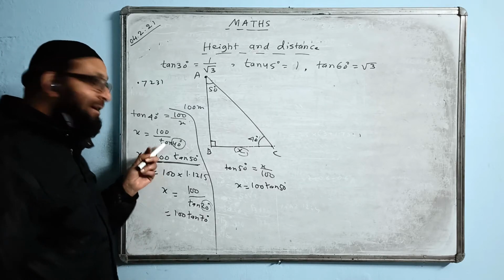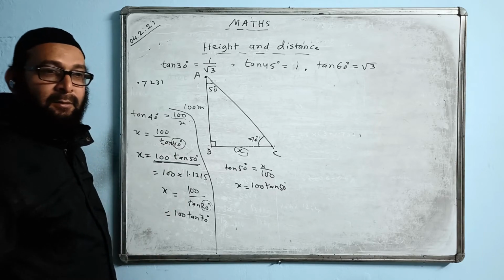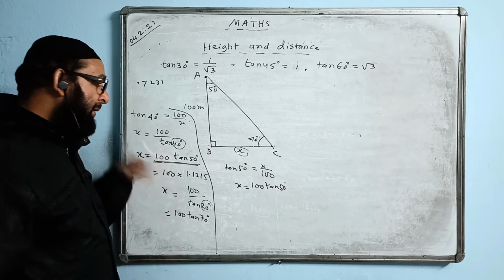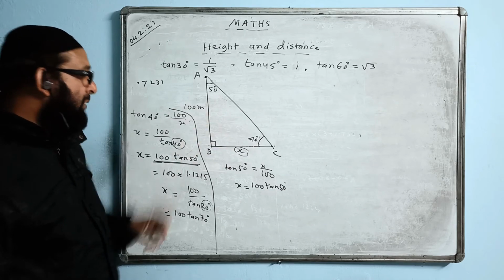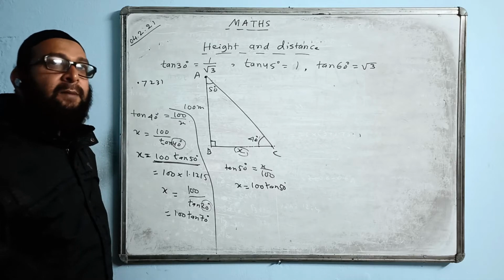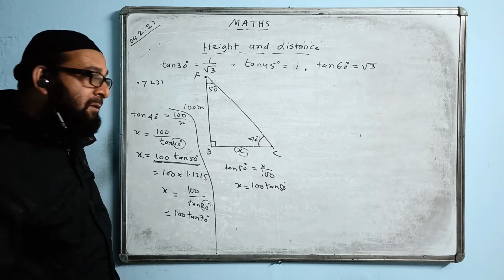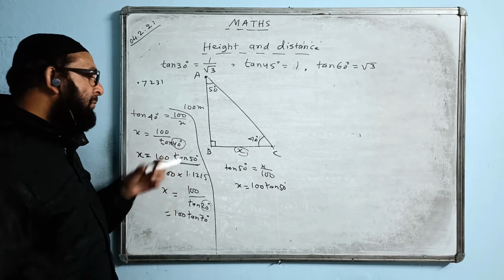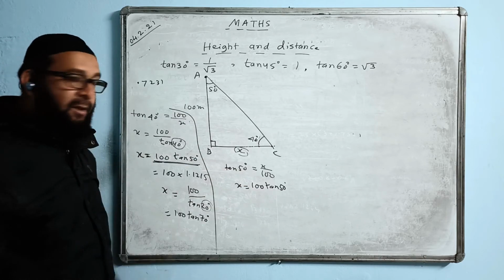So whenever you have in the denominator any unstandard angle coming, then you will have problem in dividing. Bring it up, and to bring it up you have to do 90 minus this angle. I know 90 minus 40, I wrote this, that's why it will become that much. If it comes in multiplication, well and good, just put the value there, multiply. But if it comes in division, you need to avoid division by taking it up. Tan will remain tan because the angle will change now. Now 40 will become 50.